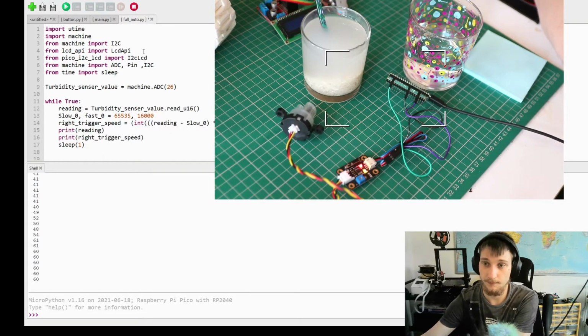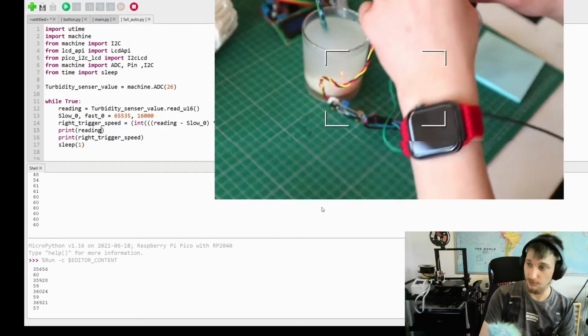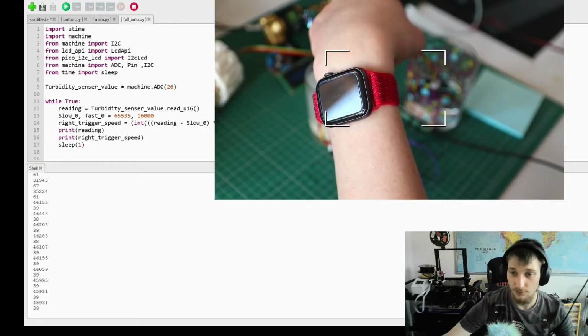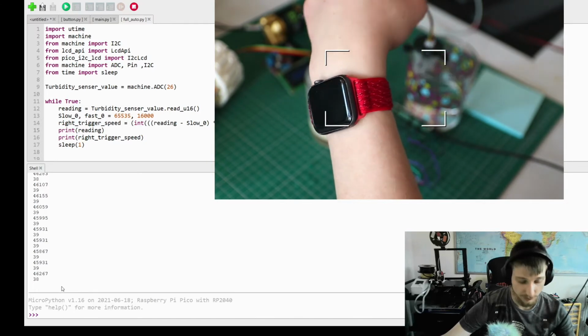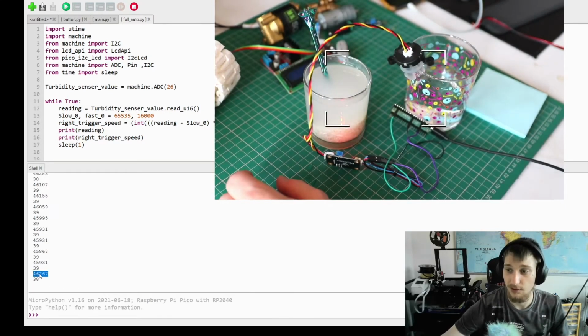Print that. Cool, there we go. So now, if I put this in clean water, yeah, let's go with that. We pause that program, and we take the number that it gave us, copy that, and we put it on